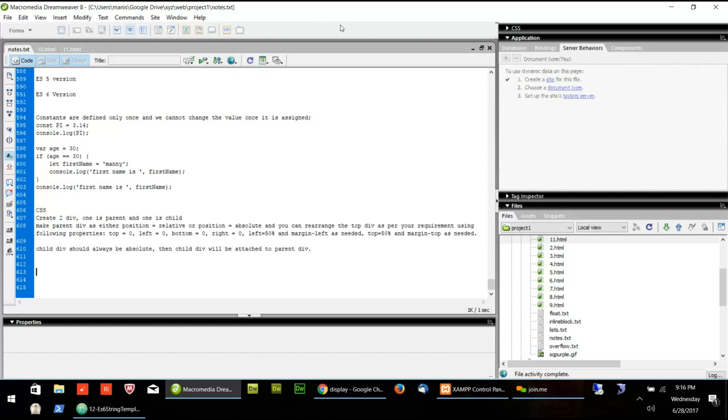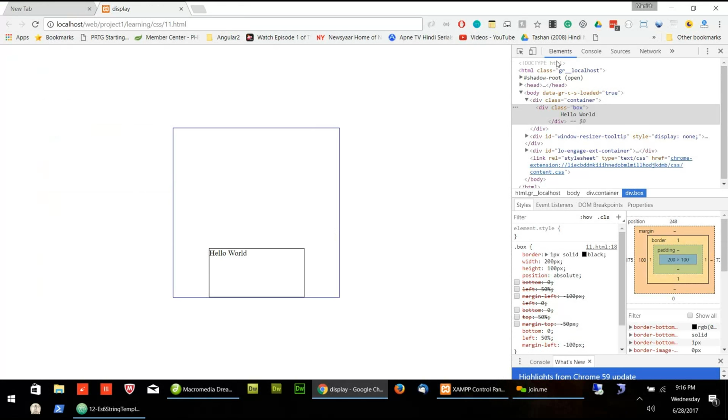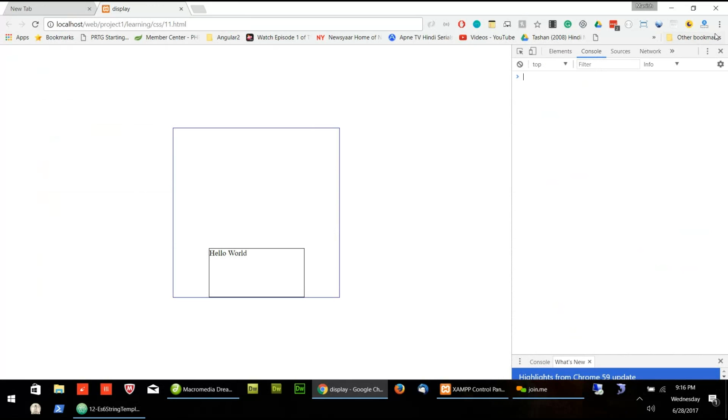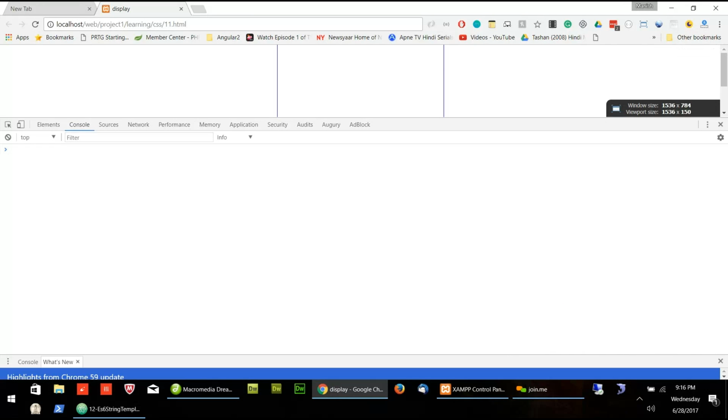Now let's move to the JavaScript kind of thing. For JavaScript, I will go into the console panel of the browser, and we will do some examples in JavaScript. So let's say I create an object, var book equal to